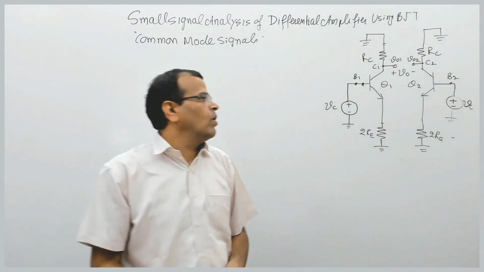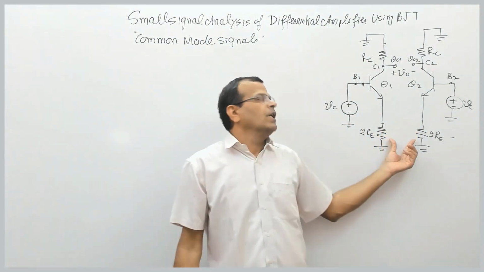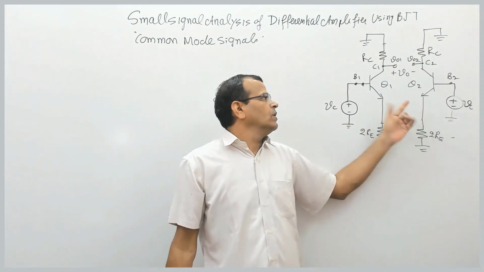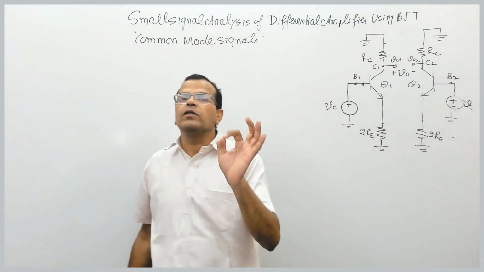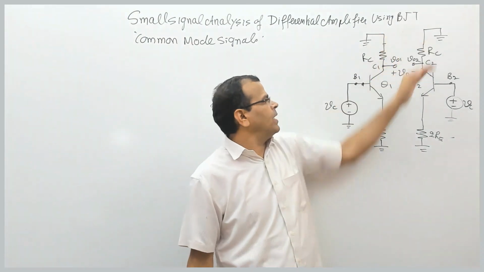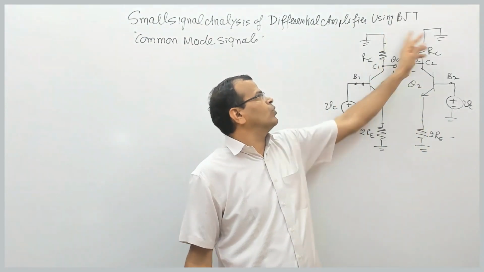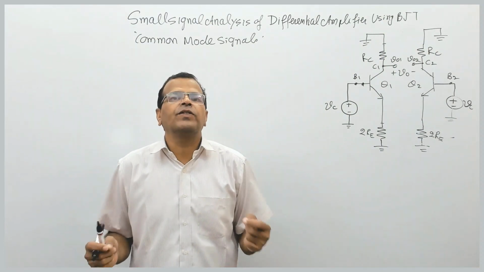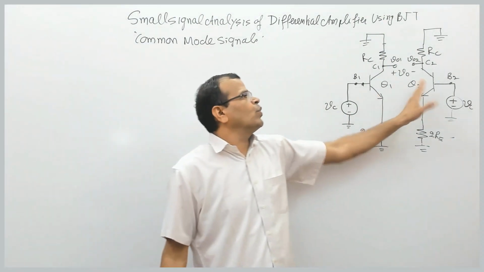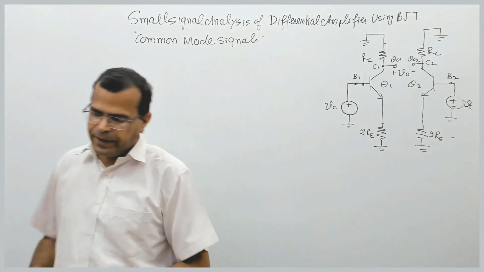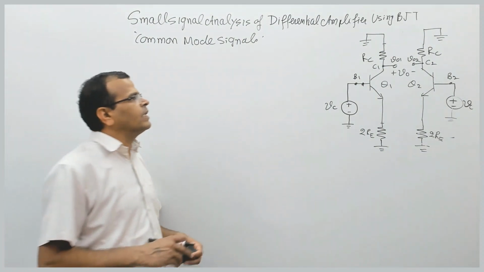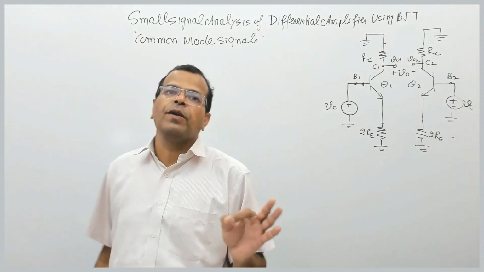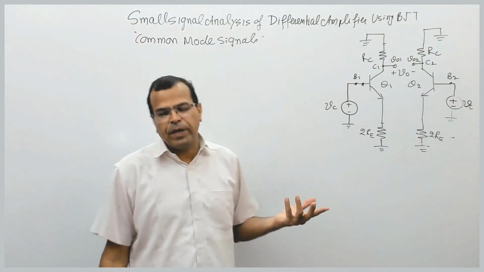For small signal analysis for common mode, we split the resistance Re into two parts, because the potential at the emitter of both transistors is not 0. Similarly, I replace the biasing sources by ground. So what we have done is split the two halves of the differential amplifier into two different circuits. I will analyze each circuit one by one, although both transistors are assumed to be matched with each other. Both have the same gain.